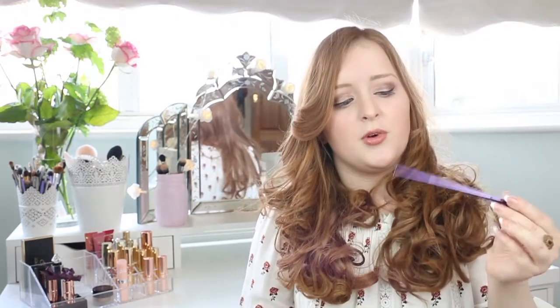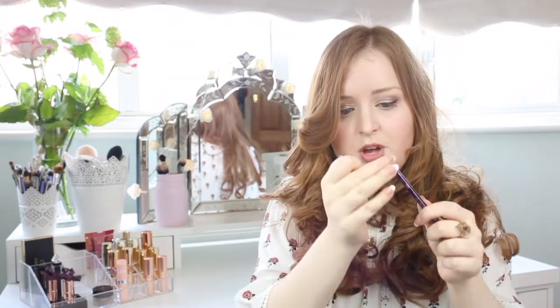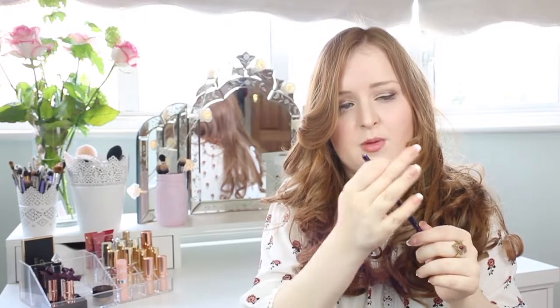For brows, I'm going to be taking with me the Urban Decay Brow Pencil in Taupe, and it's got a little pencil on one side, which I love. It's a really great colour for my brows, and then it's got a little brush which I can use to maintain my brows and keep them in place. I really like the way it makes my brows look. I can have a really nice full natural brow without them looking too fake or synthetic, and I've just got